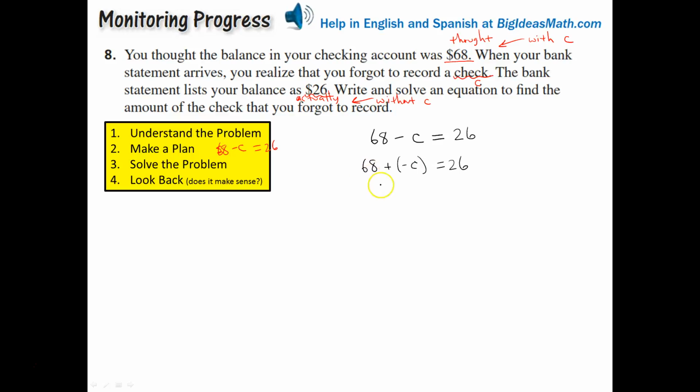And then if I use the commutative property of addition, I can change the order and say this is negative C plus 68 equals 26. And now it's a little easier to see that the 68 is actually being added to a negative C. So in order to get rid of the 68 over here, I actually need to subtract 68 from both sides. So I'll subtract 68 once from the left side of the equal sign and once from the right side of the equal sign. And I get negative C equals